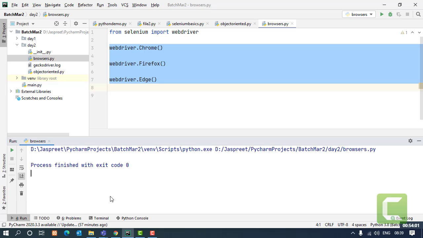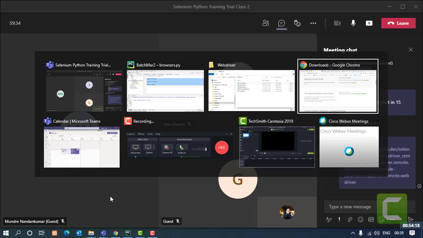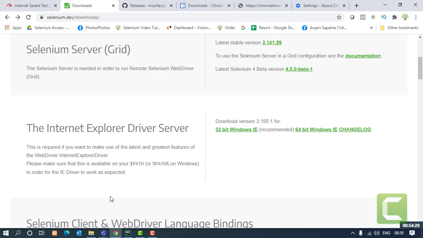Now one more question comes up in mind: in the starting we said we can operate Opera and Safari as well. You can automate them. There is no doubt in automating the Opera and Safari browsers. It's just that some of the commands of Selenium itself don't work very well on these two browsers.